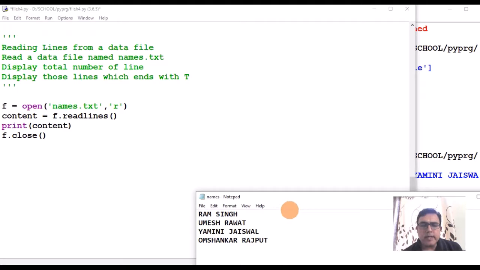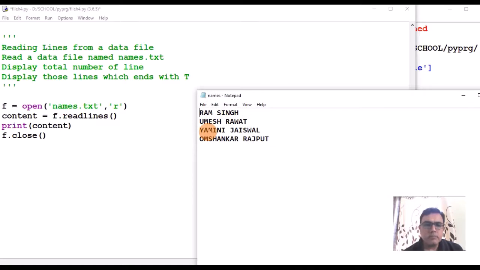If it is not there, create a file names.txt in the same folder where the Python program is. Right now these are the contents of the names.txt file. Then display the total number of lines, and then display those lines which end with character T. That means it should display Umesh Rawat and Om Shankar Rajput.